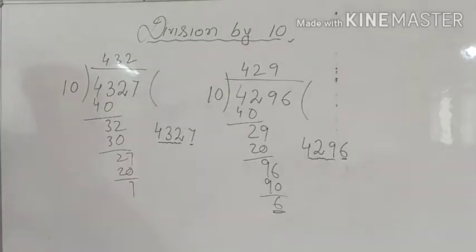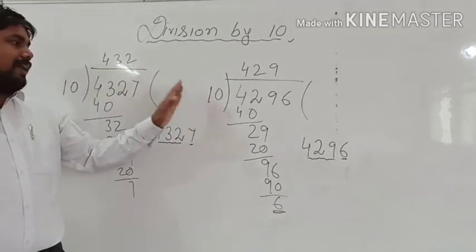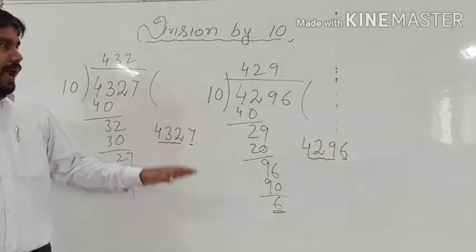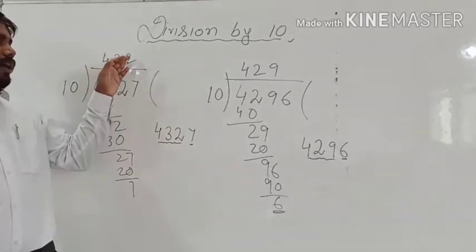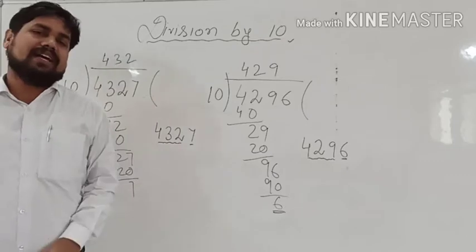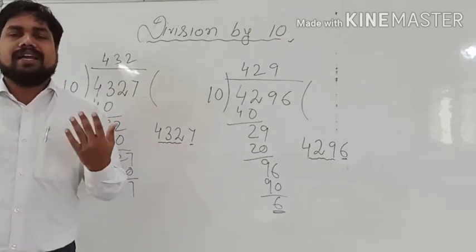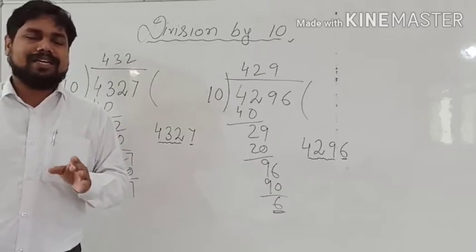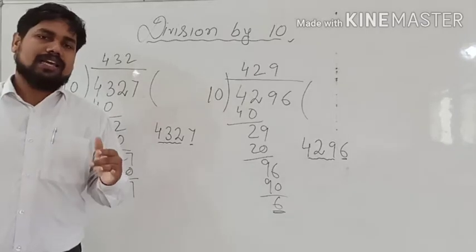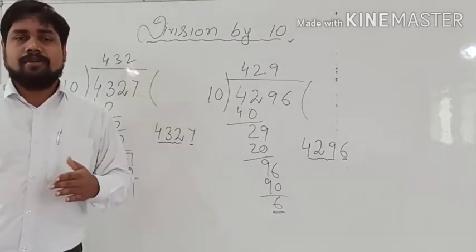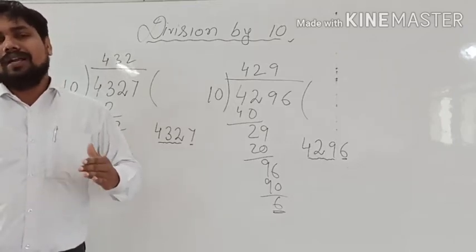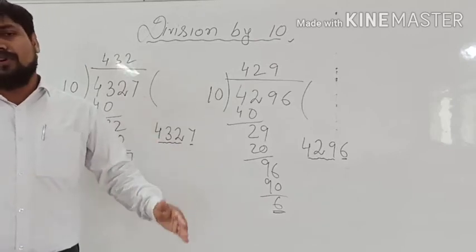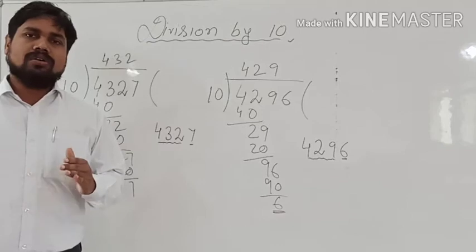So from these two we can conclude that if we are dividing any number by 10, the ones digit becomes the remainder and the rest of all the digits become the quotient, right? So very simply, without dividing, we can directly say what the quotient and remainder will be for any given number in case of dividing by 10, 100, thousands, this type of number. For that we do not need to do long division, just as we do in multiplication. In multiplication, when multiplying by 100, 10, thousands, we do not multiply fully; we multiply by 1 and then add the zeros. In the same way, in division also we will follow this process.